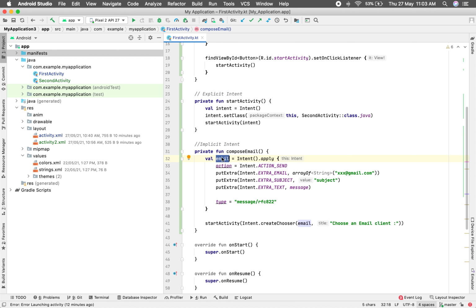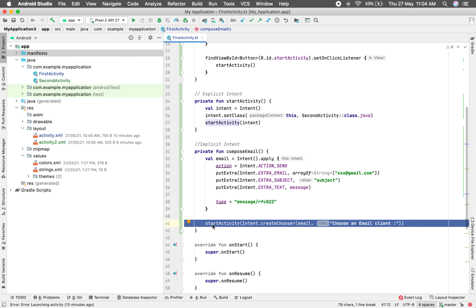It is defined using the action property of the intent object, which will be used by the system to determine the right component which can handle that specific action. In addition, we also set extra information which will be used by the component once it is finalized by the system and opened. Finally, this is the intent which we have locally made in our activity. On this line we start the activity, which will take this intent and tell the system to figure out the right component for it.